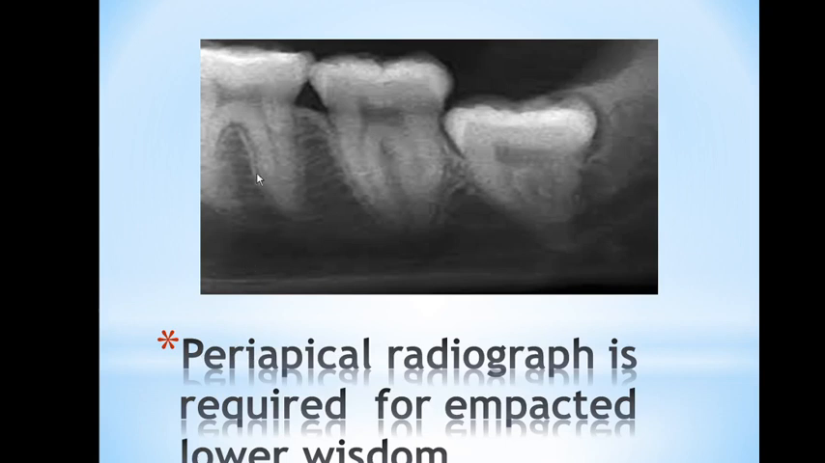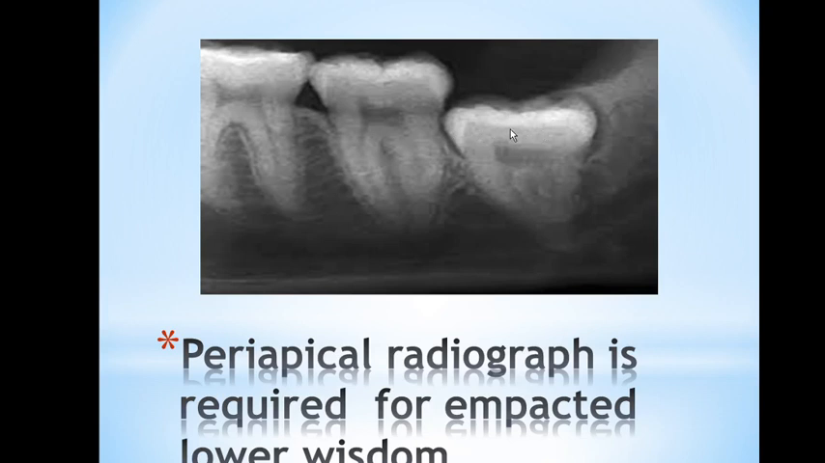So this is how the periapical radiograph looks like. A periapical radiograph is required for impacted lower wisdom teeth. If we have an impacted tooth and we want to remove it, before removal it's better for us to make a periapical radiograph to check exactly where the position is and the shape of the roots, if they are curved or straight, and even the molar itself, if it's